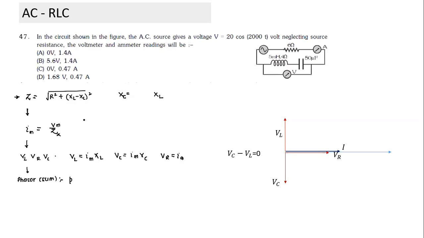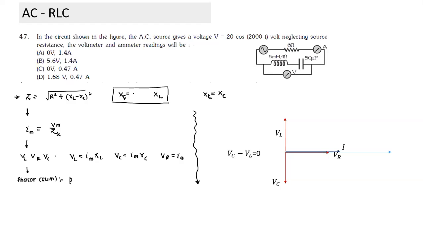But in this particular case, if you try and solve, you find XL is equal to XC. We calculate XL and XC. If XL is equal to XC, do I have to carry out the following steps or is it not necessary? Not necessary, sir. Why not necessary? It will become zero, sir. The voltage. It will become zero. Voltmeter reading, this will become zero. Very good, Kevin. I'm happy that you answered properly.